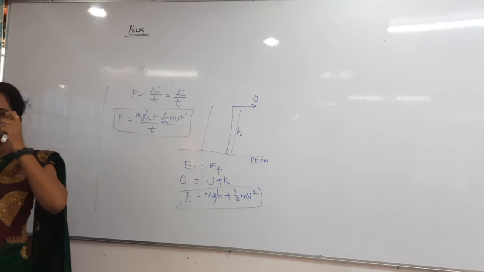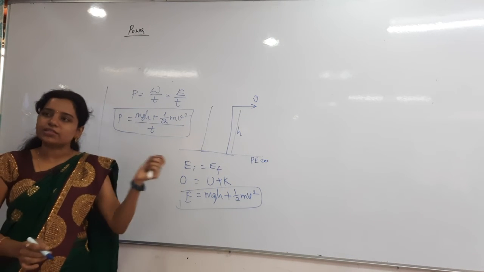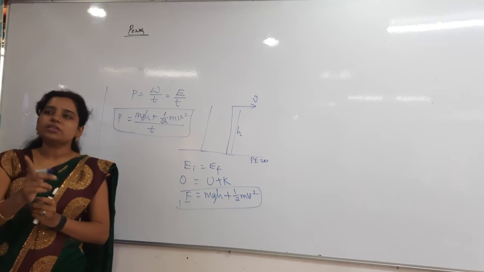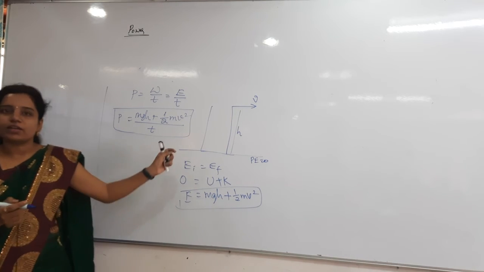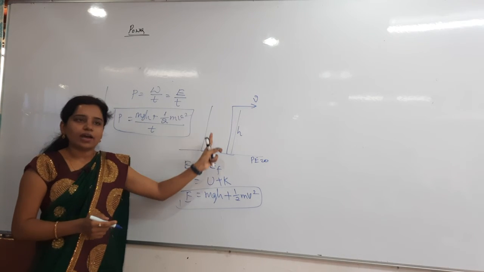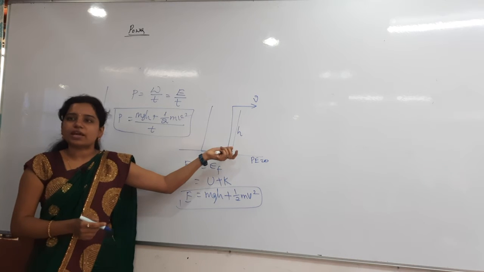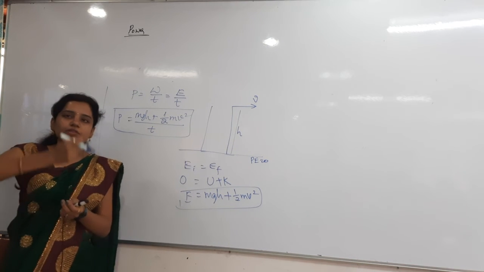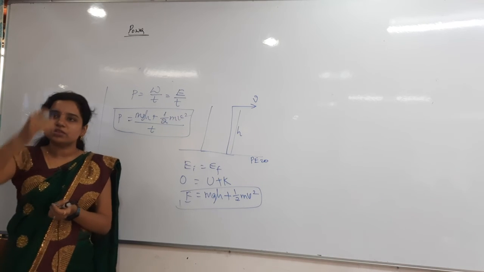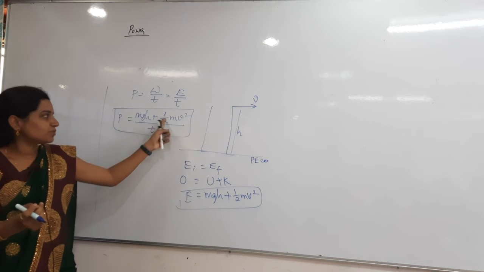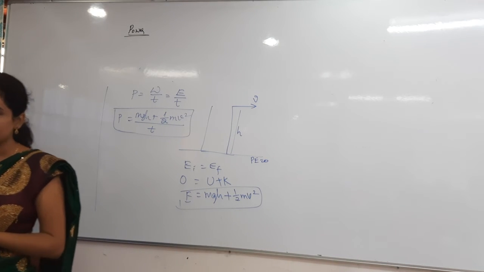And some of the people might be having a doubt that it is minus like that. Anybody having that doubt? Work done by the gravity is minus mgh. Here work done by the motor, it is pulling the water in the upward direction. It has to apply the force opposite to the gravity only. How much ever gravitational force is there, to avoid that you have to apply the force in the opposite direction, and the water is also coming in which direction? Upward direction only. So mgh plus half mv square by t.